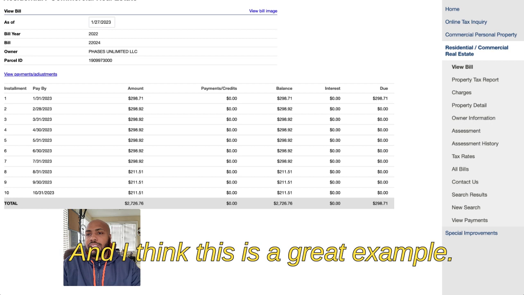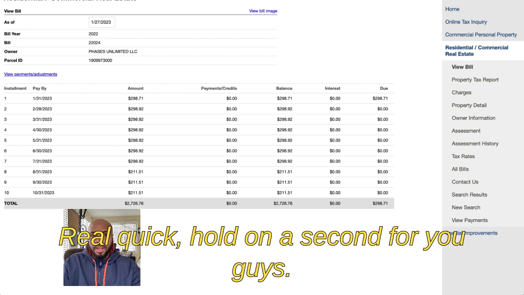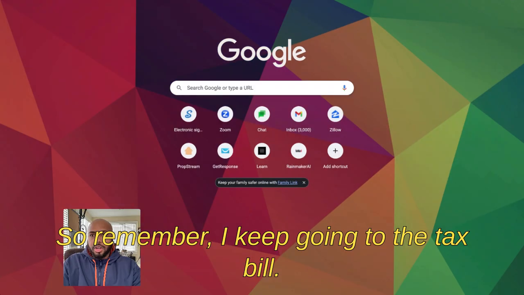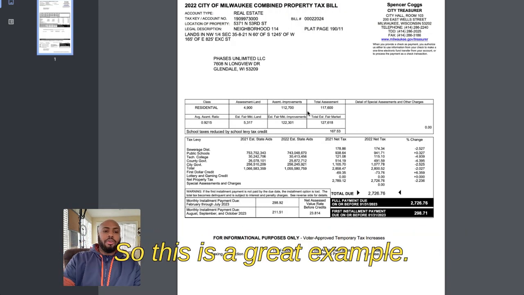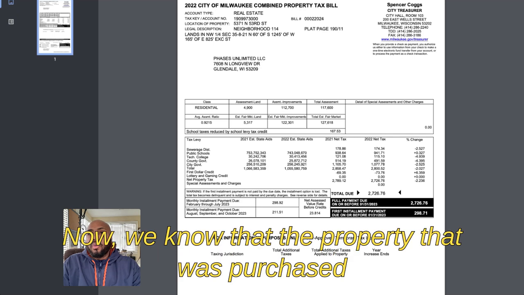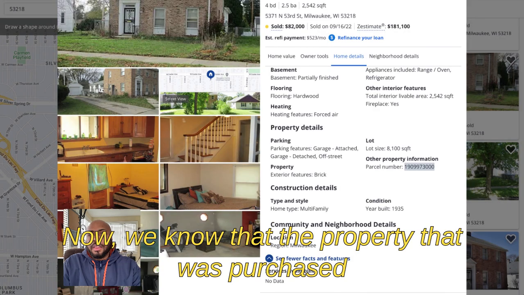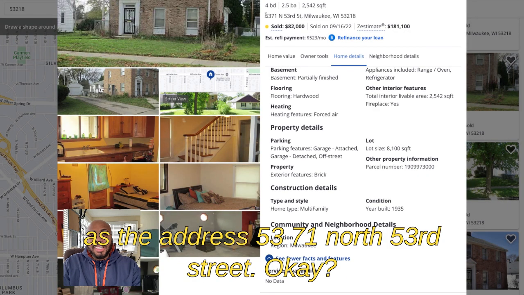And I think this is a great example. Real quick, hold on a second for you guys. So remember, I keep going to the tax bill, right? So this is a great example. Look at this tax bill. Now we know that the property that was purchased has the address 5371 North 53rd Street. Okay.